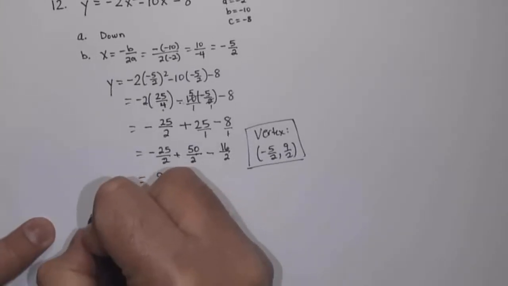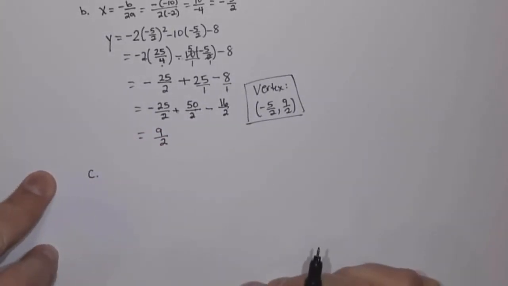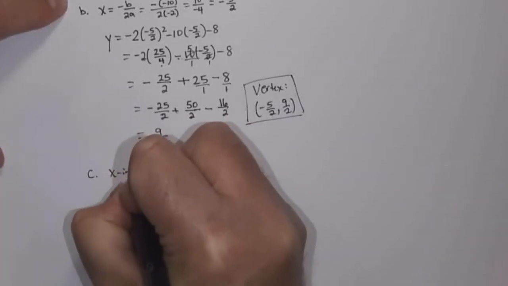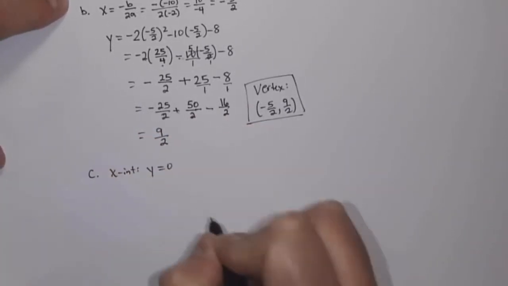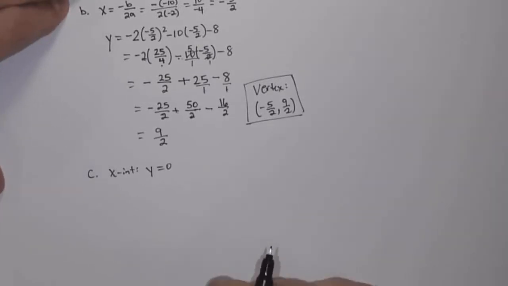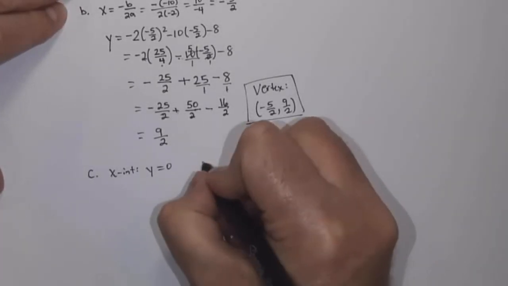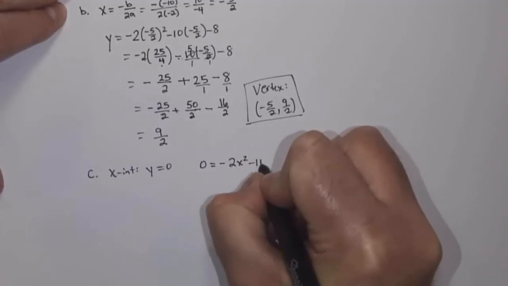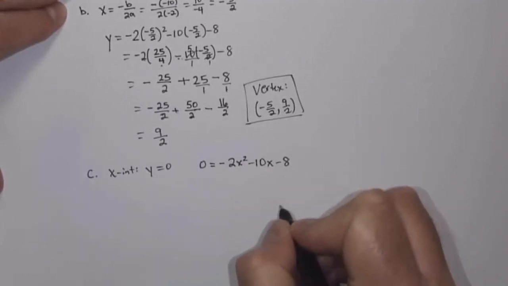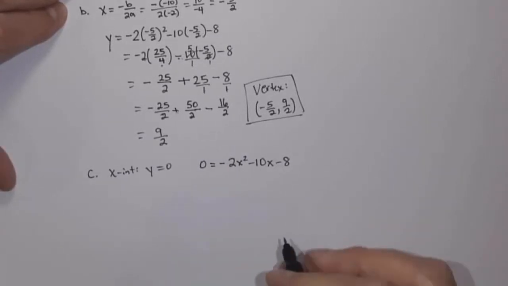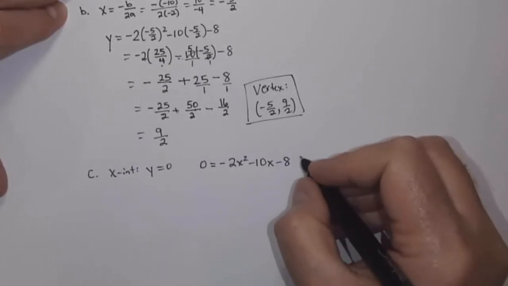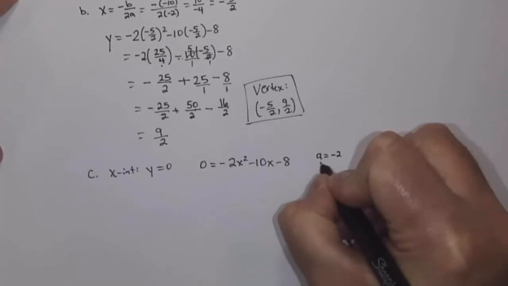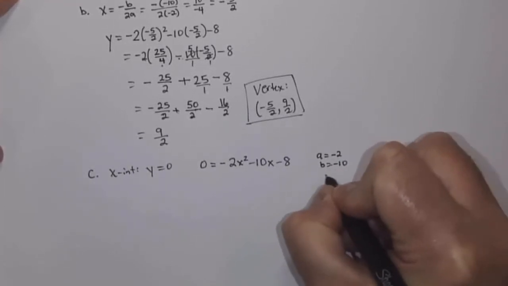Part C, we want to find the x-intercepts. So remember, to find the x-intercepts, we let y equal 0. So if we let y equal 0, then we're going to have 0 equals negative 2x squared minus 10x minus 8. Okay? So using the quadratic formula, we're going to have a equals negative 2, b equals negative 10, c